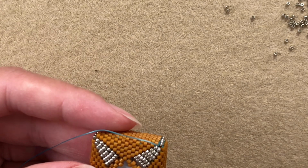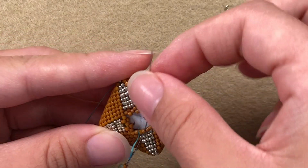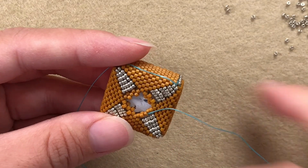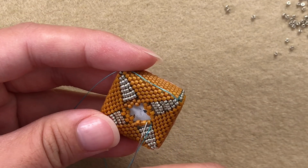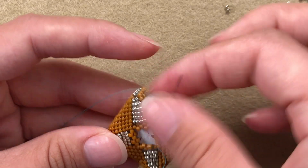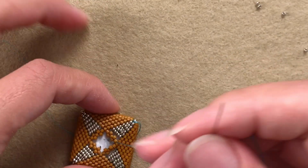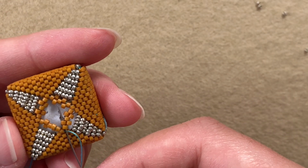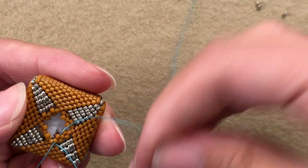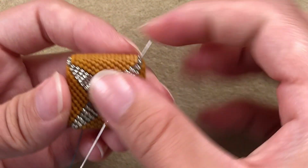go through the first, pick up a delica, skip one, go through the next, pick up a delica, skip one, go through the next, and go through this one here, and then here, and then here I'm gonna go through the delica, step up there, pick up a delica, go through the next here,